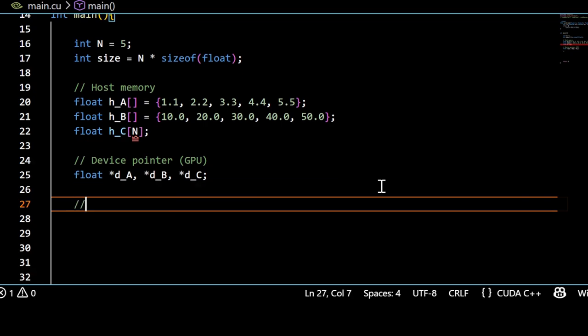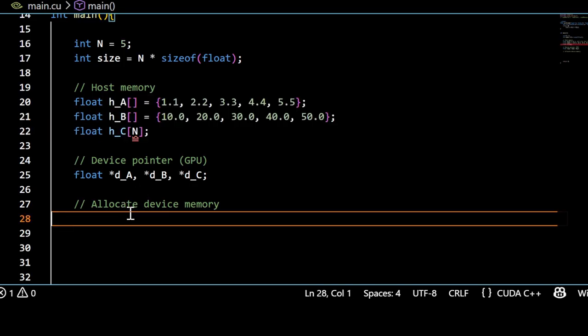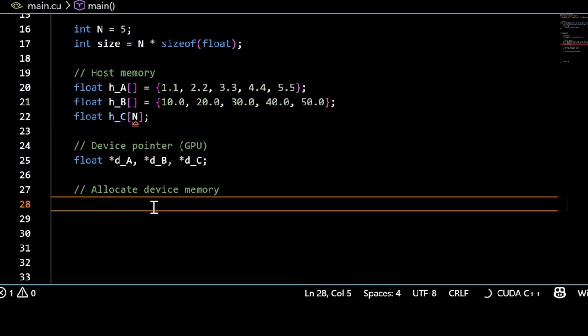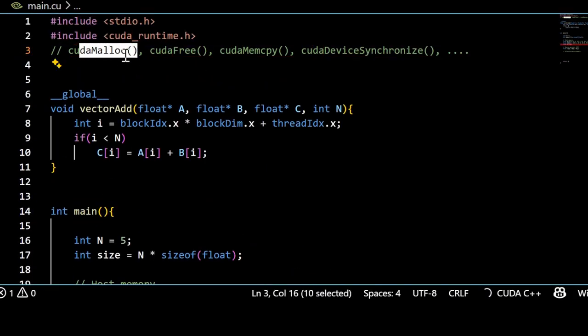Then we allocate memory in the device. In the host, memory is allocated automatically for these arrays, but in the device we use the function CUDA malloc,